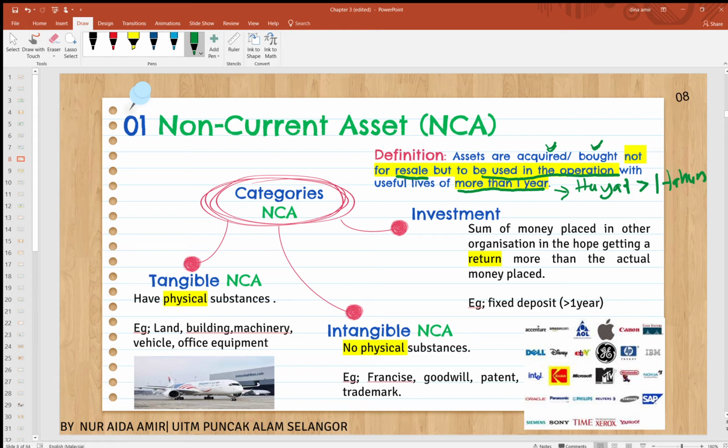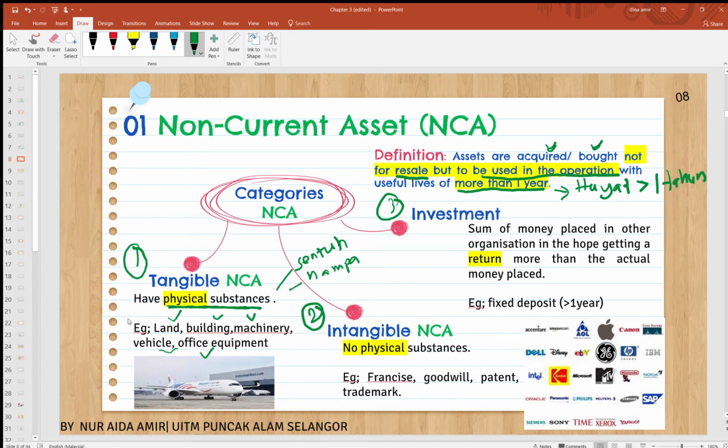So, however, categories of non-current asset ni ada 3. First is tangible, second is intangible, and third is investment. Okay. Tangible asset macam ada physical substance. Dia kata tangible non-current asset is have a physical substance. For example, macam land, building, machine, vehicles, office equipment. Physical substance ni benda yang kita boleh sentuh. Okay, boleh sentuh, boleh nampak